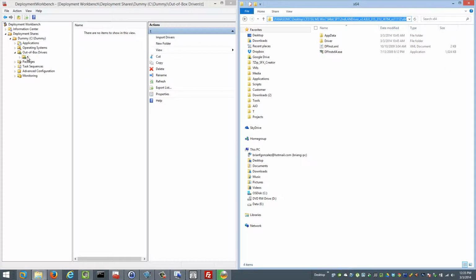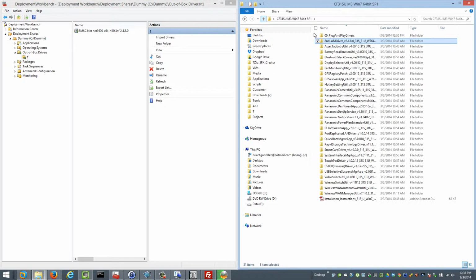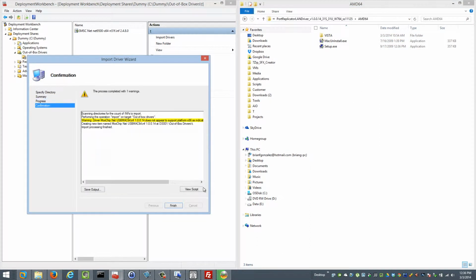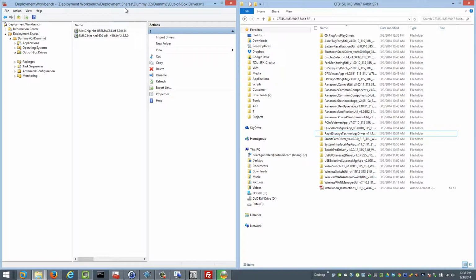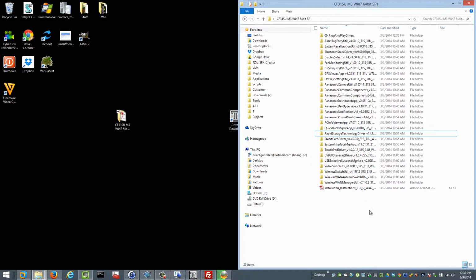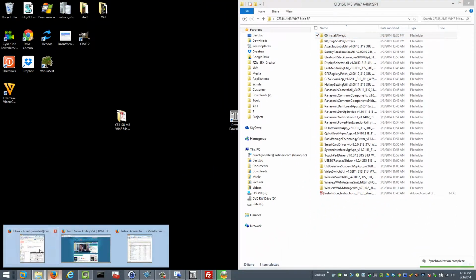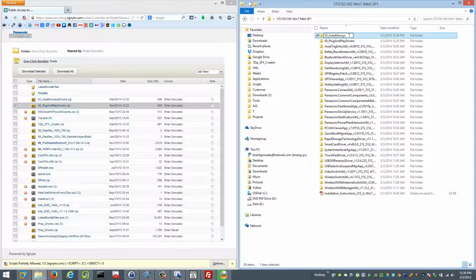For these drivers, the LAN driver as well as the port replicator driver, these would possibly not be available at the time of deployment. These normally sit on a docking station, so I want to have these install regardless of the hardware. So I have a different package. It's called the install always driver package, and it's the same exact procedure where I'm importing it to MDT, sifting out the drivers,